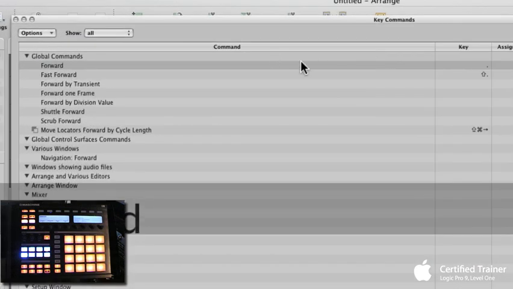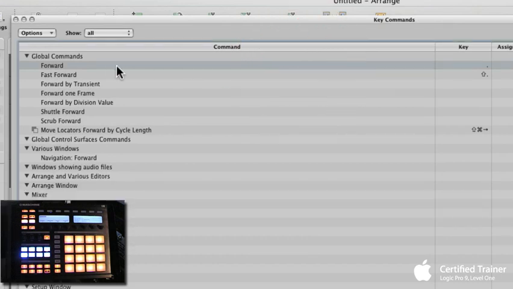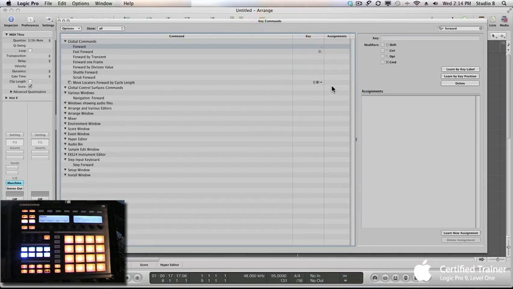Now you may have noticed in the rewind screen and in the forward screen there's something called fast forward and something called fast rewind. Now the forward shortcut and the rewind shortcut alone, they move your playhead forward by 1 bar or backwards by 1 bar. Fast forward just does it by 8 bars in one direction or the other. So I'm just going to stick with 1 bar at a time. I'm going to say learn assignment,